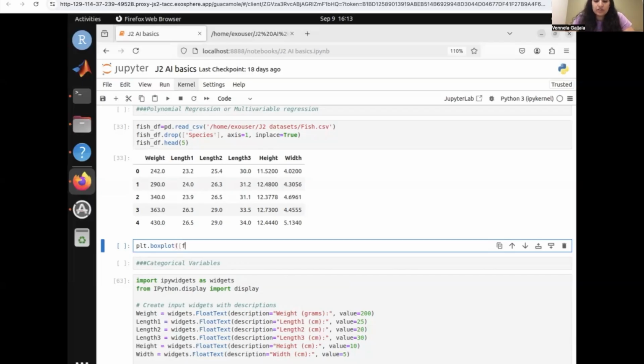So what we're going to do is fish underscore df. And then remember, once again, spelling, capitalization, all that matters, length 1. And then we're going to go ahead and close that. Ooh, wrong type of parentheses. And then we do that again. And we're going to do that for each of the 3 lengths in here. Length 2, fish underscore df,